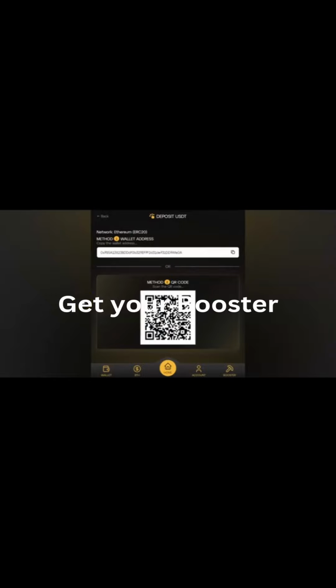If you're doing the Tron network, make sure that you select the right network from your personal wallet, and send it on the Tron network. But you always have to make sure you have a little bit of Tron for the USDT TRC20, or a little bit of Ethereum for the USDT ERC20, okay? So